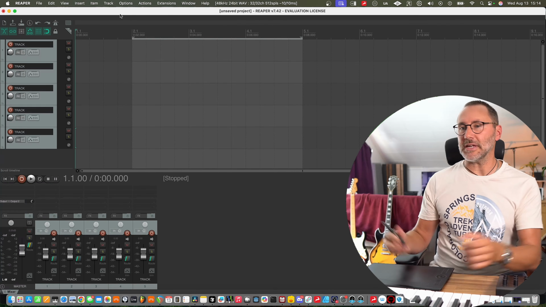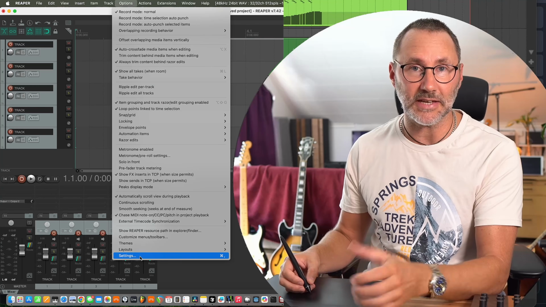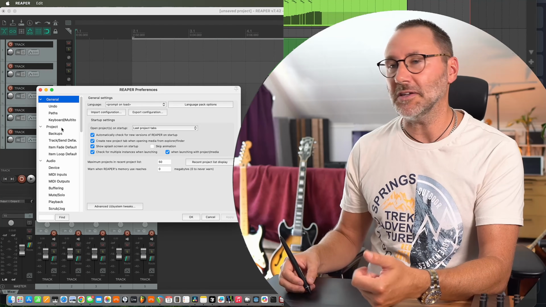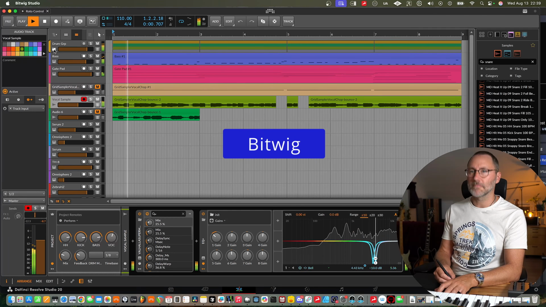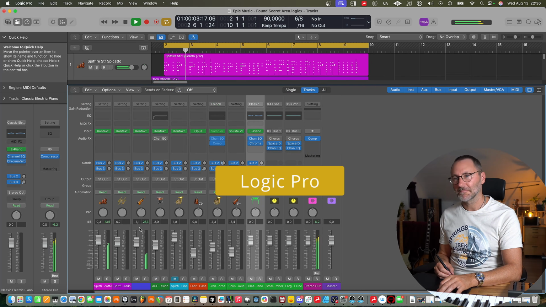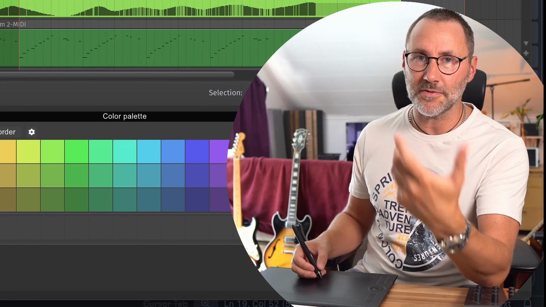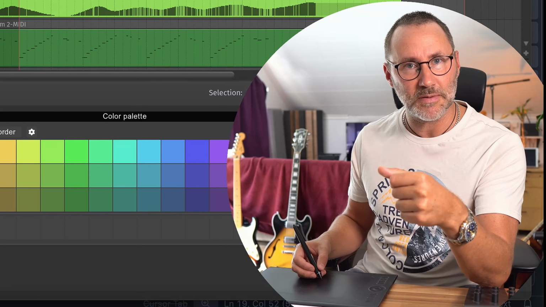Right, so first I just want to say that when you first install Reaper, it's gonna look a little bit ugly, at least in my opinion, compared to the DAW competition like Bitwig Studio and Logic Pro, which is very sleek in their appearance right from the get-go. That said, we can get Reaper looking pretty good by installing some themes and extra script packages.